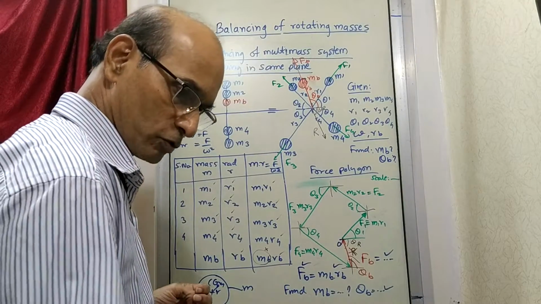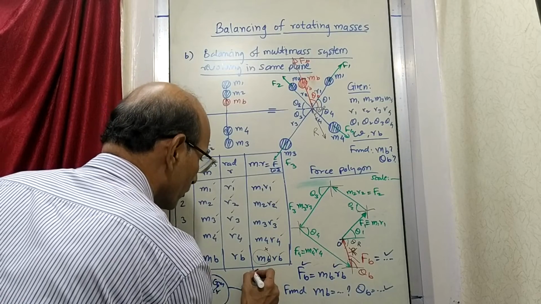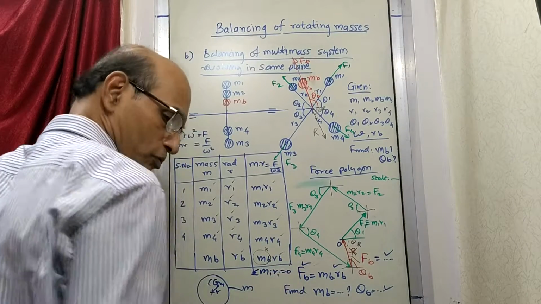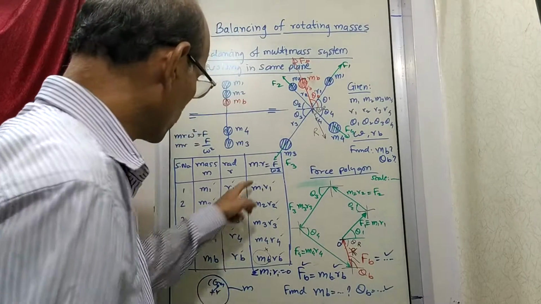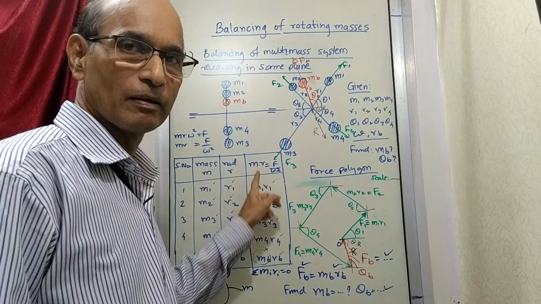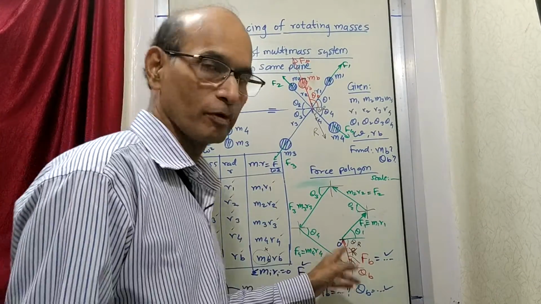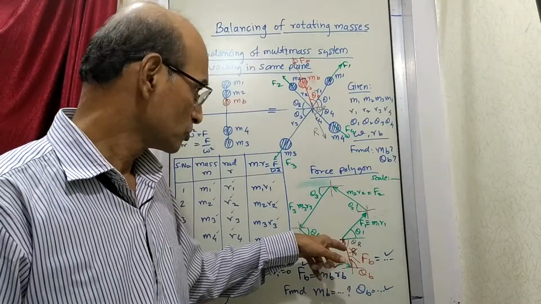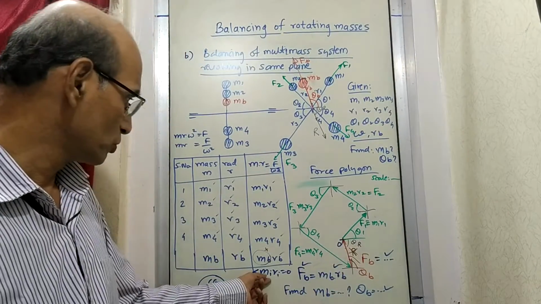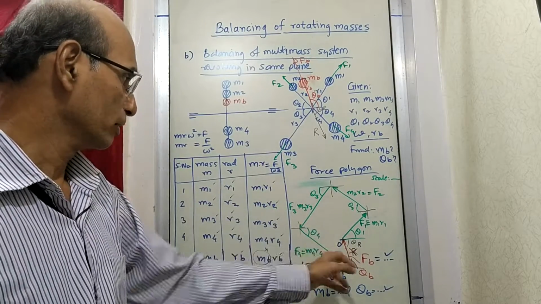You can in fact also say here that summation of MI/RI equals 0. That means if you include the fifth force, the total of all this is 0. Now this total is not a mathematical analytical total, it is the total of the vectors, because it is a vector equation. So the vectors you have to add and make it 0, which is what we have done. This is just to be shown in the table. And these numerical values are used for drawing the polygon.